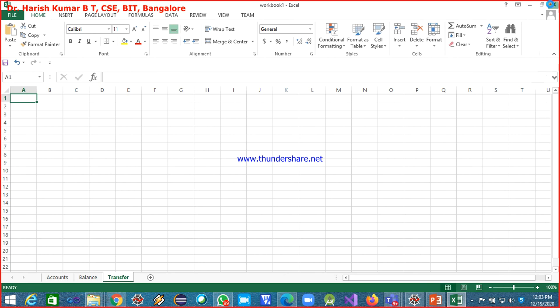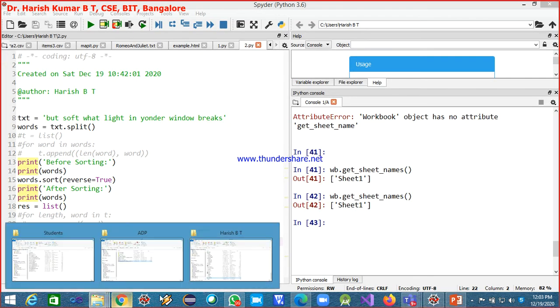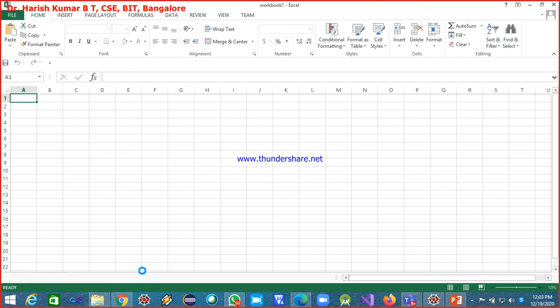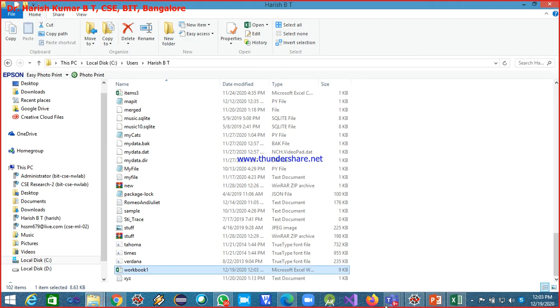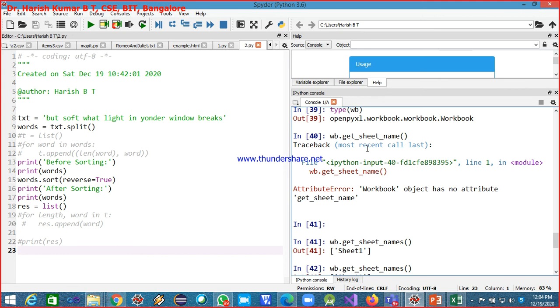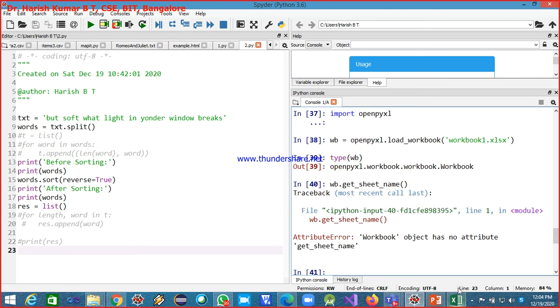Let me close and open again. Okay, so sorry. This object was created before renaming. After creating this object, I renamed the sheets, so what I have to do is recreate this object again. I hope people are understanding what I'm saying.